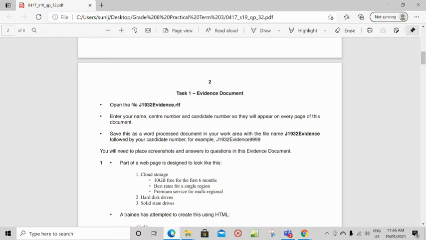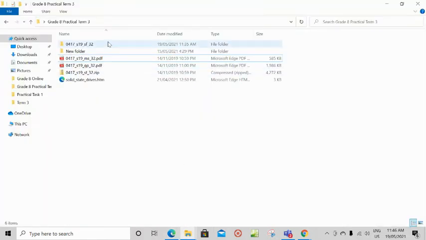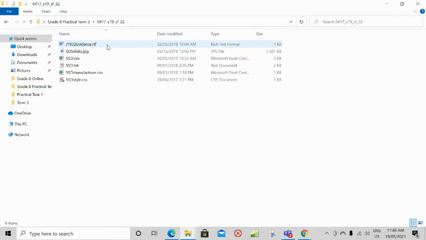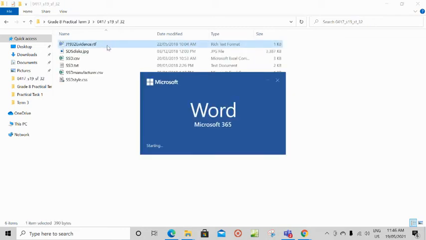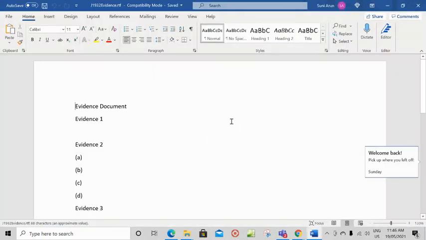So first thing that we are going to do is we will open that file J1932 evidence.rtf. This is the file.